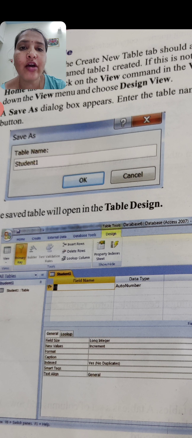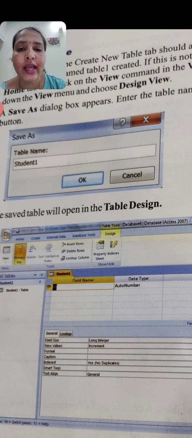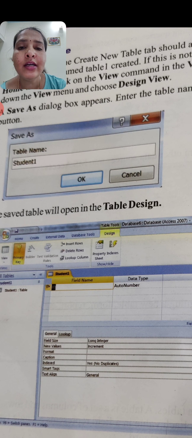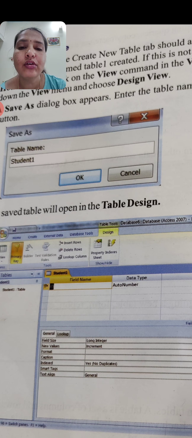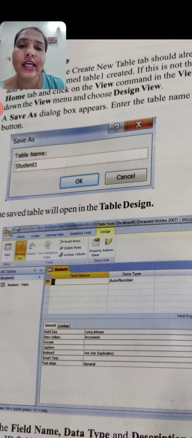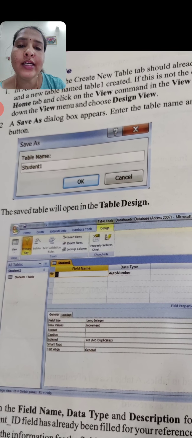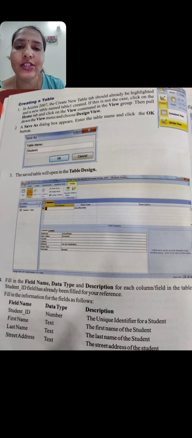If you have not given any name, it will by default take it as Table1. Here they have given the table name as Student1. After giving Student1, we have to hit the OK button. Then it will open the Student1 page. This is all about creating a table.